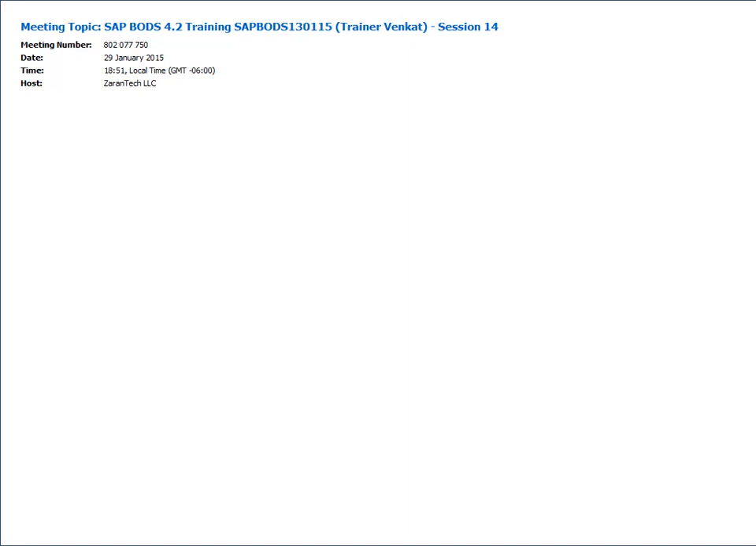So, yeah, the agenda of this particular session is to understand how the reverse pivot can be implemented and how to make use of a date generation transformation. And if time permits, I will try to introduce an SAP